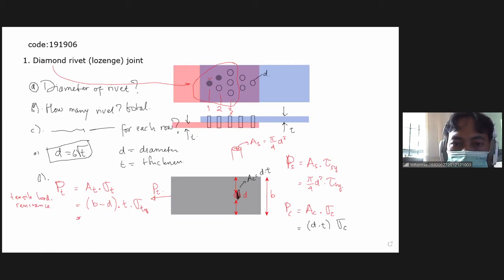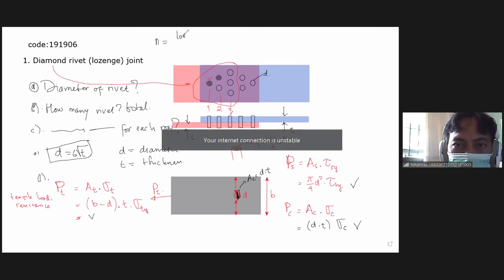Okay, so come back to the main question. How many rivets must be used in this joint? So check the value. Then the number of rivets can be determined by the lowest or the minimum